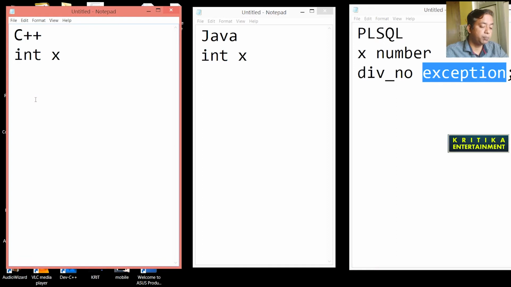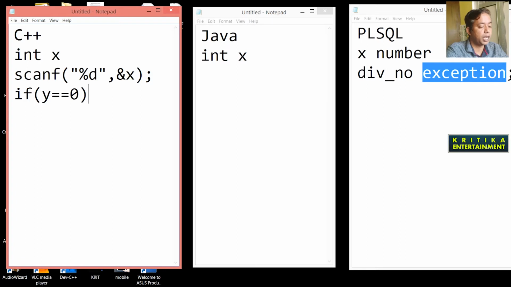So in C++, what do you write? Suppose you take the input with the scanf function, with %d and &x. The same way you take two variables x and y, and you check if y equals 0.